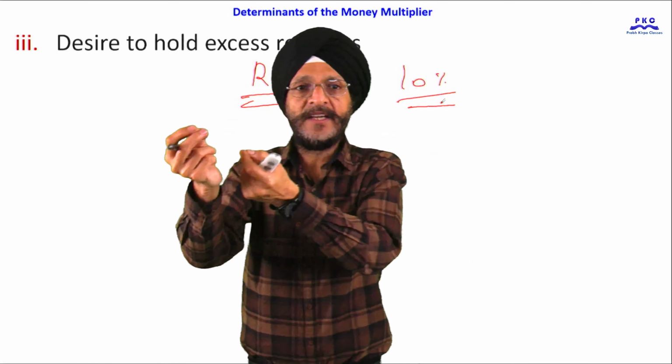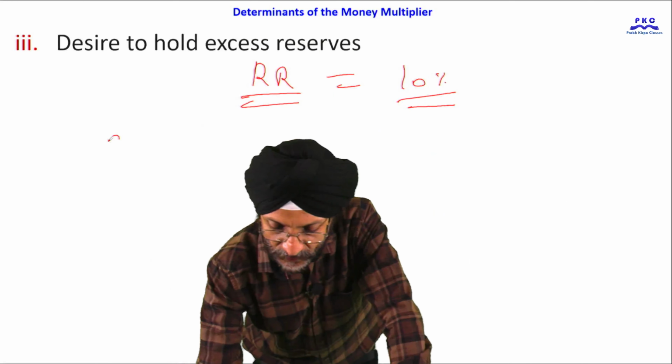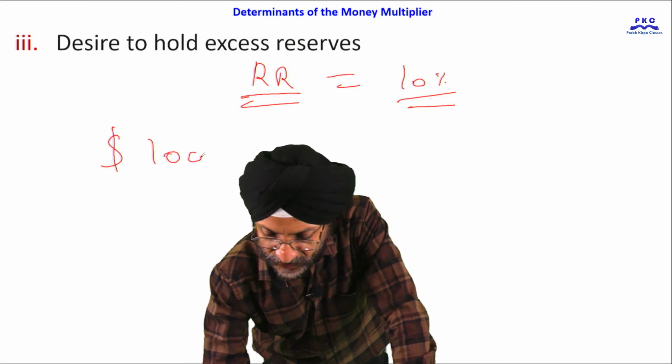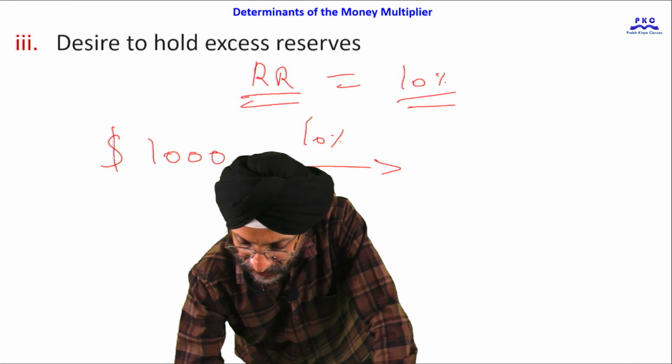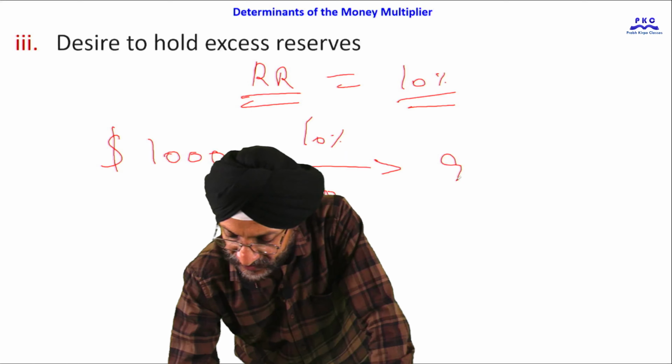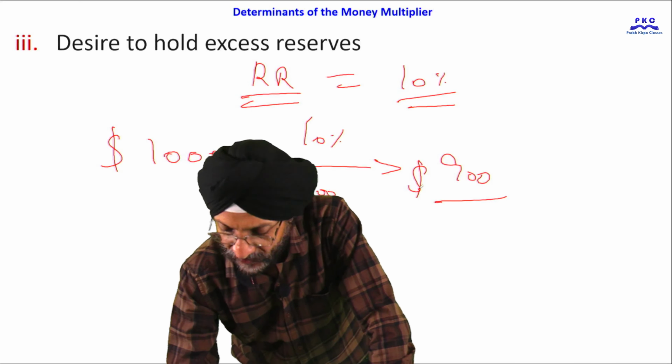Suppose we assume that it is 10%. Suppose deposits are $1,000 with the bank, and legally they have to keep 10% as reserves,